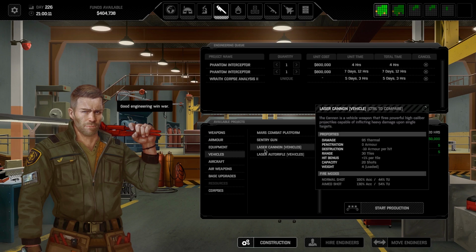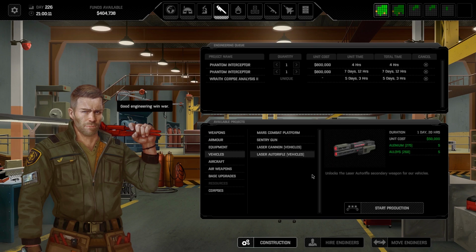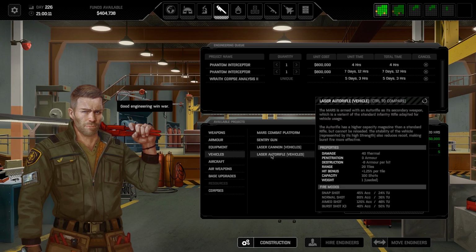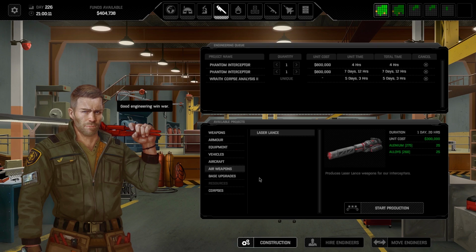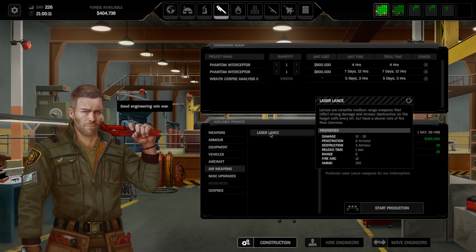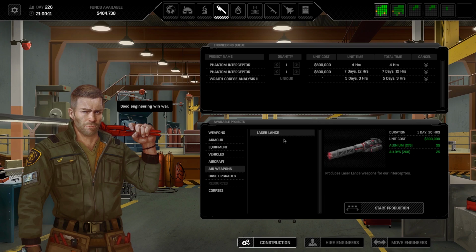There's our vehicle upgrades, both very affordable, but also very low priority right now. I don't even have the Mars platforms in our queue anymore. Though I would like to get them done. I mean, it's just, you know, with the Dragonflies coming online that really shifted my priorities. And there's our laser lance, which we can afford. Shoot, you know what? Alright,